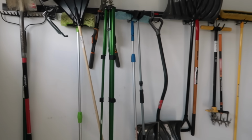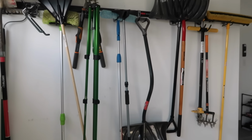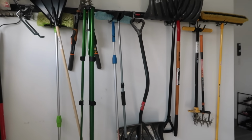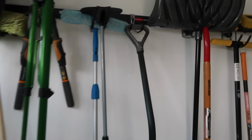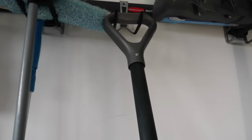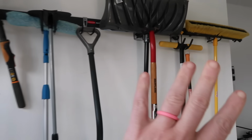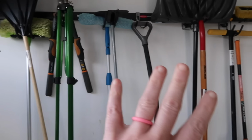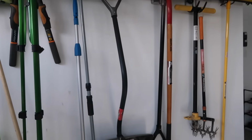So I'll have everything that's possible linked down below, but this is a Rubbermaid FastTrack, and Mike's used it before in our last house. It's just nice because you can hang everything, and those little hooks can move, so you can alter it based on what you need to put on the wall. Just the perfect place to put all the shovels, rakes, all that stuff,